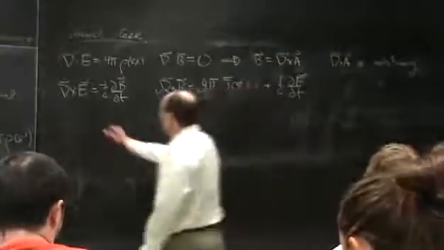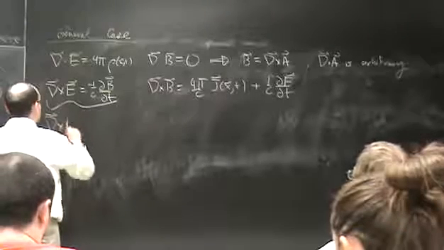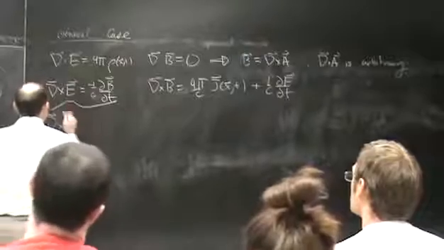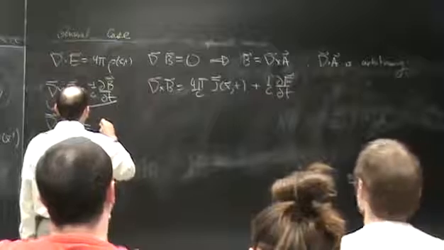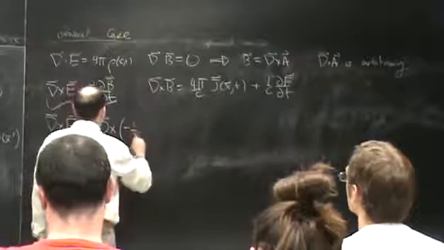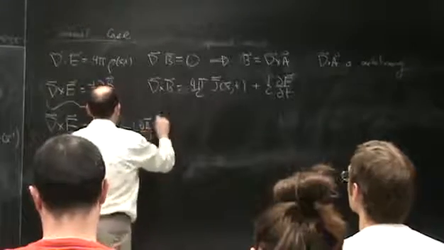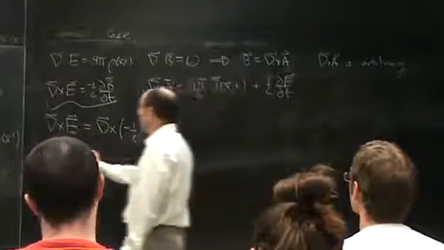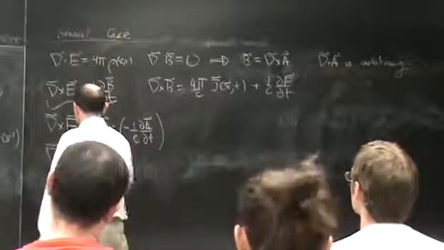However, if we look at this equation, then if I substitute in B as the curl of A and change the order in which I differentiate, then what we see here is that the curl of the combination of E